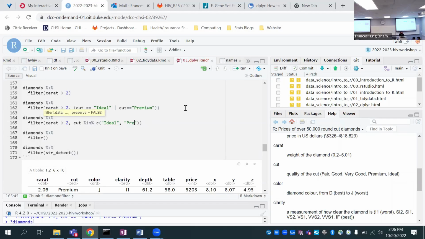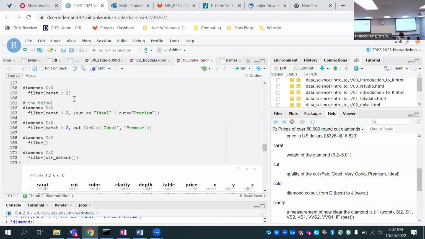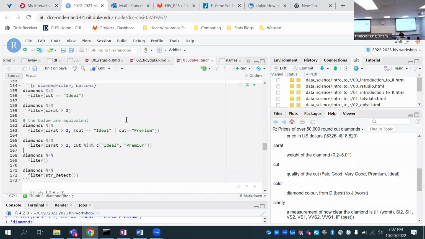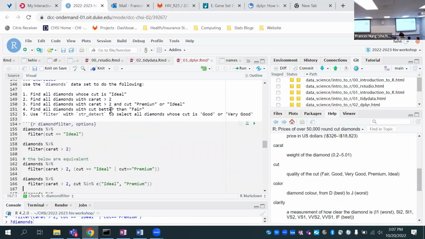So what this does is that it creates a vector of these 2 strings or values of interest, ideal or premium, and it filters for cuts which are in this vector, so either ideal or premium. Okay, so that's something good to keep in mind for future use.